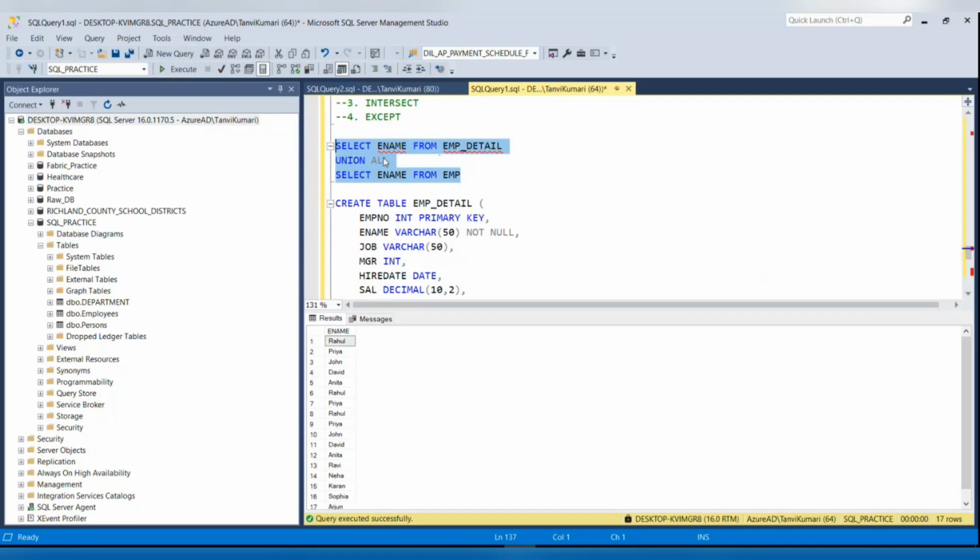So union all does not eliminate the duplicate values. See, we have Rahul here, we have Rahul, Priya, then John, David. So we have all the duplicate values from both the tables. It doesn't eliminate the duplicate ones, but what union does,